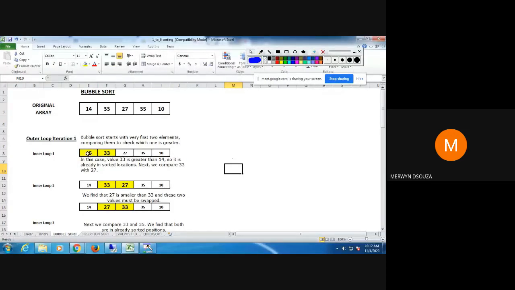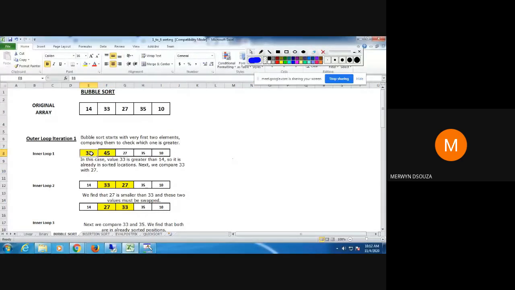When I do this comparison, I see that 45 is greater than 33. So I would have shifted both these values: 33 would come here and 45 would go here.